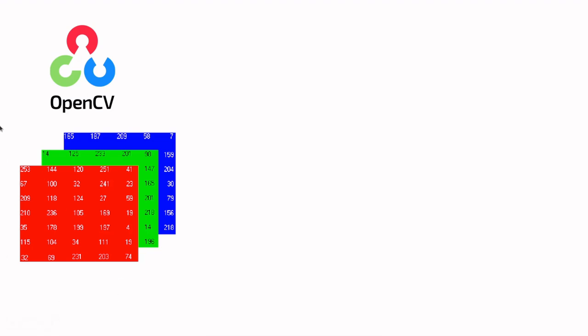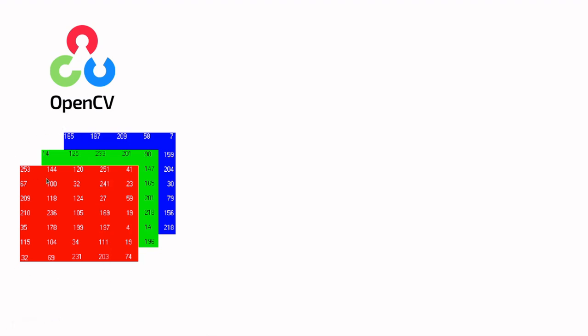You can consider an image like a matrix built of these three channels. So it's a three-dimensional matrix where here you have the length and the width of your image, and this is a representation of